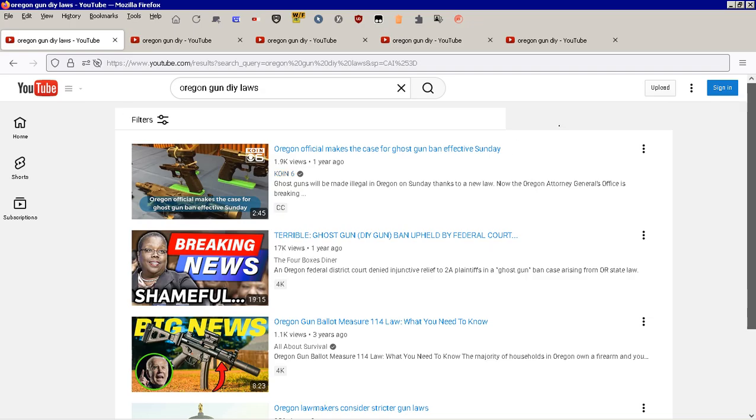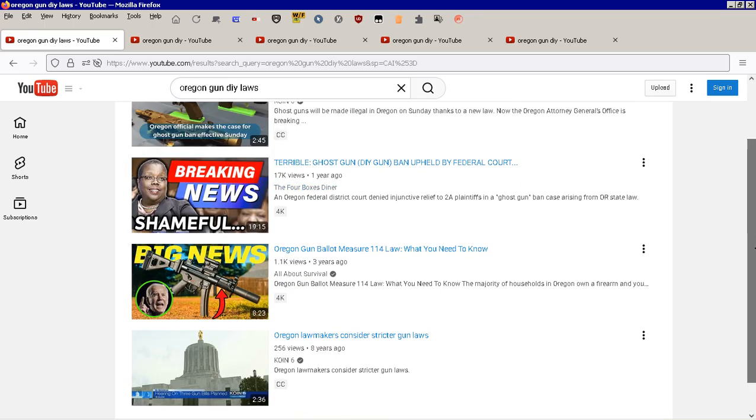Now what we do is we get almost the same timing. Ghost gun ban effective. And again, it's not a ghost gun. These are DIY guns. The word ghost gun has been used exclusively in the legal system to mean a gun that was built legally but had the serial number ground off. It's not including home-built guns, which by law on a federal level do not require you to put a serial number on them. They haven't required them at all. That has not been a rule.